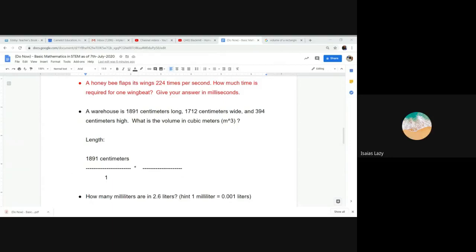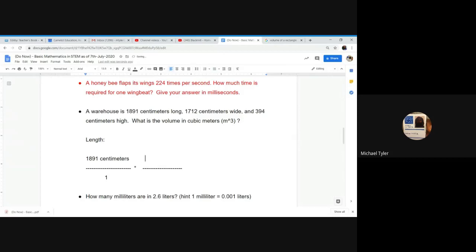All right, I'm ready. So the next thing we're gonna do is make sure we cancel out our centimeters and get just meters. And we gotta do that for this number here, because that's our width, and then for our height, which is here.